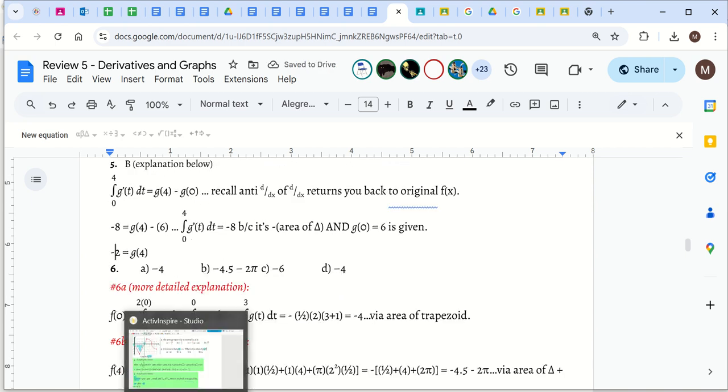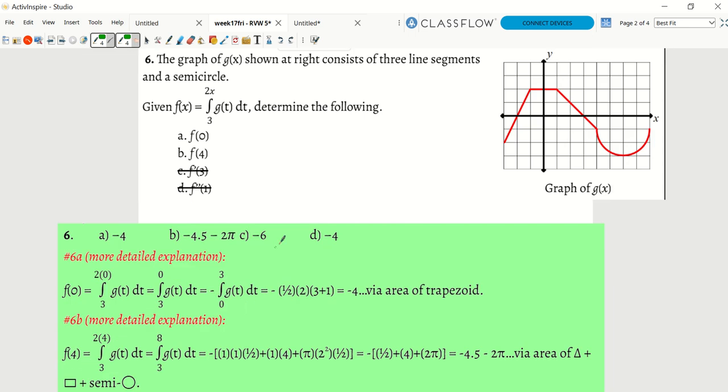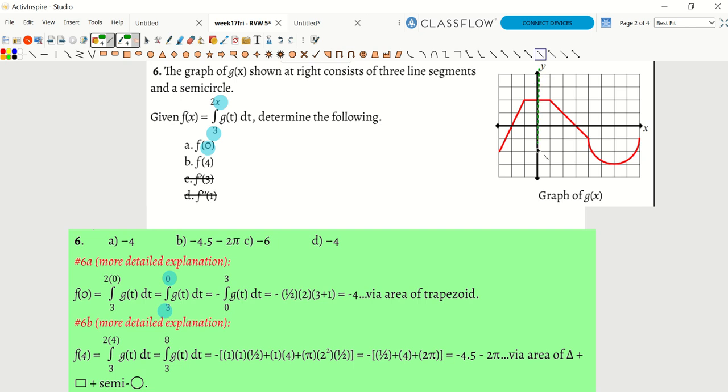And let's talk about number 6. F of 0 means we plug in 0 for x. 2 times 0 is 0, the 3 stays constant, and then we want the lower number as the lower bound. So we put 0 on the bottom, 3 on top, crisscross. Again, switch the bounds, switch the sign, so positive changes to negative. From 0 to 3,